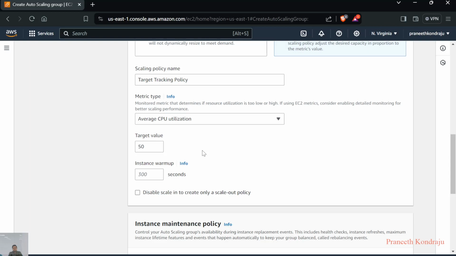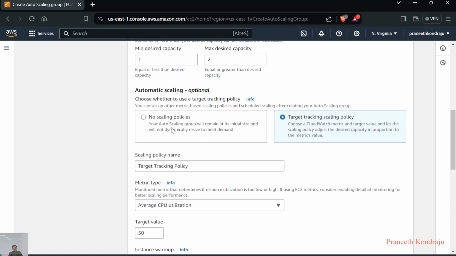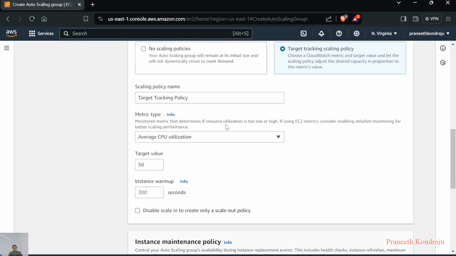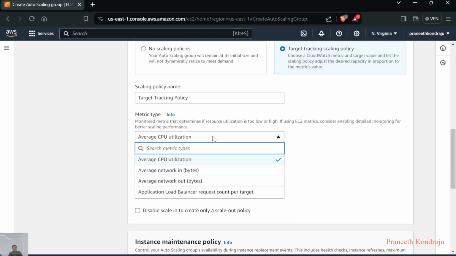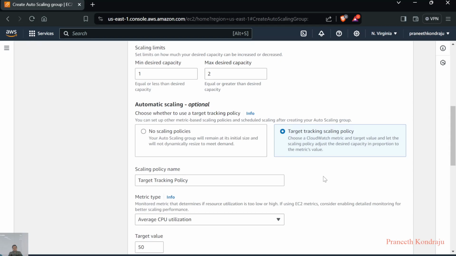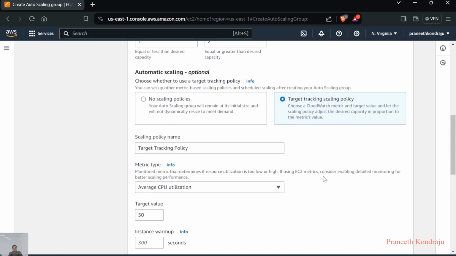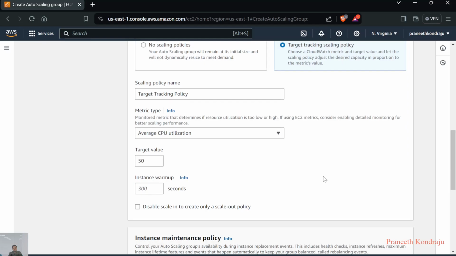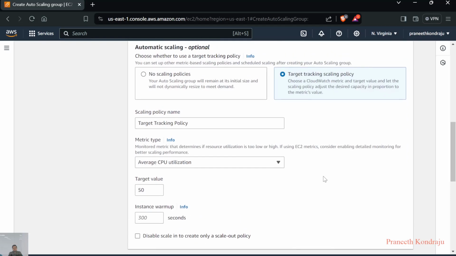If the target value is below 50 percent CPU utilization, then again it should go to the minimum desired capacity. Here we have many options, like network in bytes, network out bytes, or application load balancer request count per target. We can select many of the options, or we can add these target tracking scaling policies with other parameters using the CloudWatch